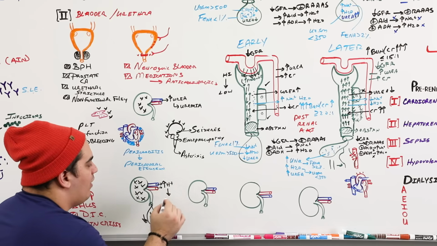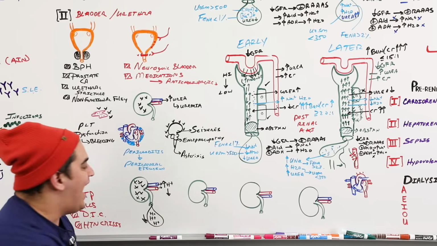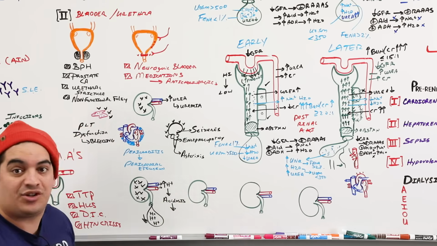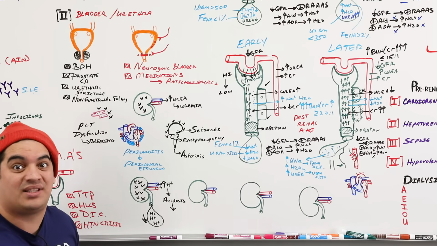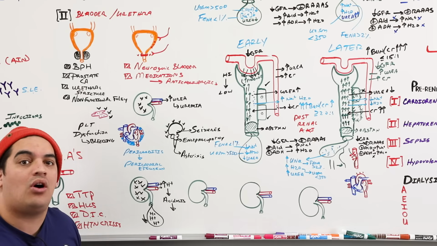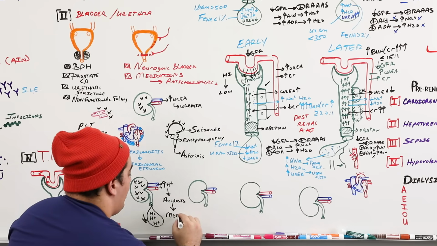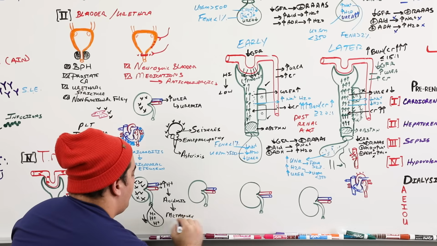What is this called whenever you have lots of protons that accumulate in the blood? Acidosis. But if it's an acidosis and it's not due to a respiratory issue, it's actually due to the kidneys or some type of other thing besides the lungs being involved, what is this called? A metabolic acidosis. So this can lead to what's called a metabolic acidosis.